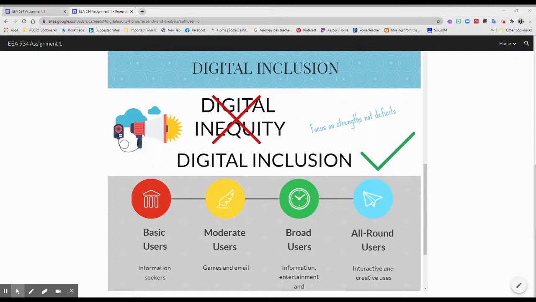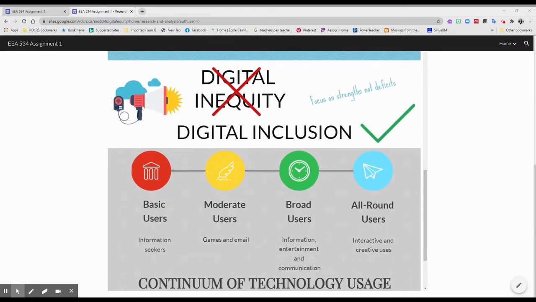Rather than seeing it as a deficit, we start to shift our focus more to an inclusive lens. By looking at what technology users are able to do or the purpose they have for accessing the digital world, we can meet them where they're at and work to help them. The levels of technology use, according to Livingstone and Helsper,